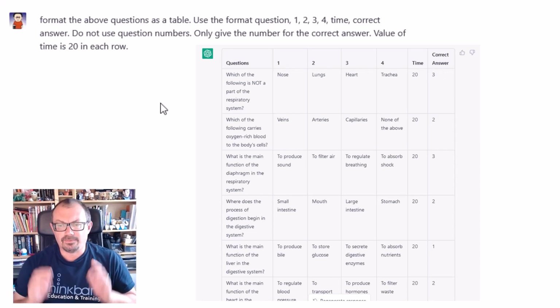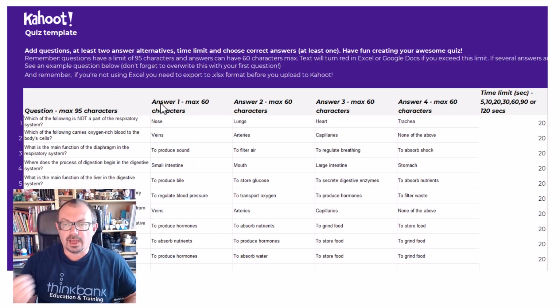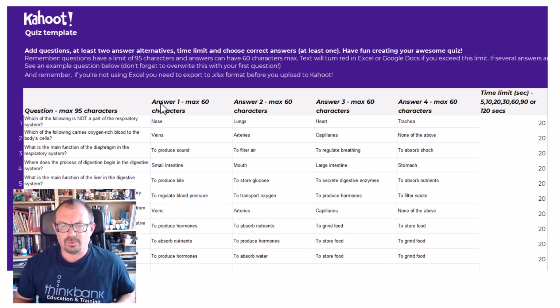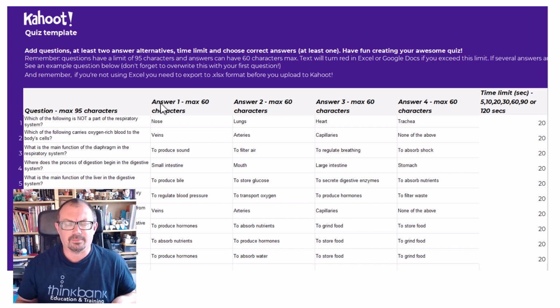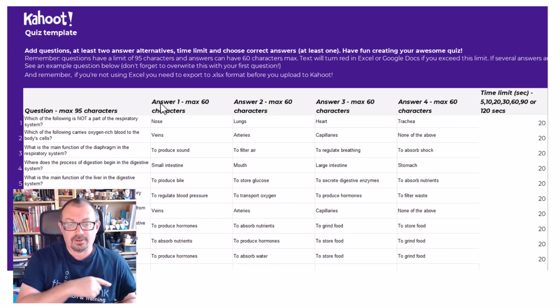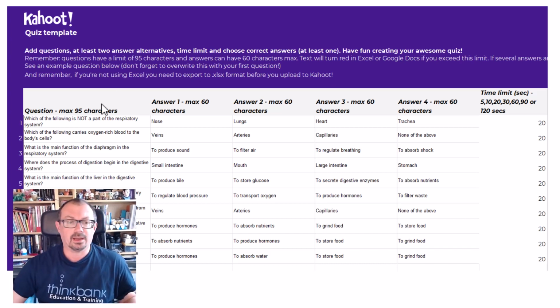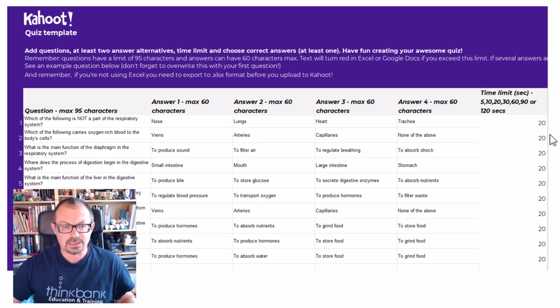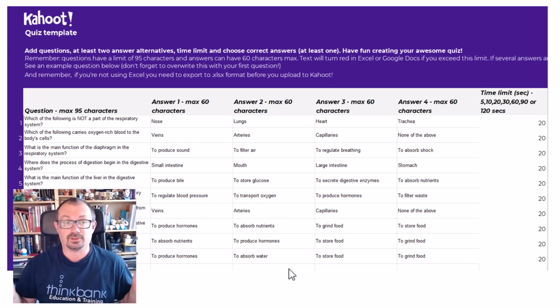With that format, I could then copy that and paste that into Excel. If you go to the Kahoot website, they provide you with this template. So I downloaded this quiz template from Kahoot, and then I just pasted in the table from the previous page straight into here. Questions go straight in. Everything's in there straight away. You're just missing off the side here what the correct answer is, but that all went straight into the Excel spreadsheet exactly as Kahoot give it to you.